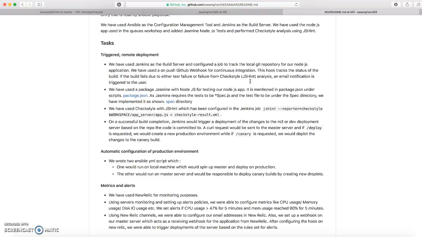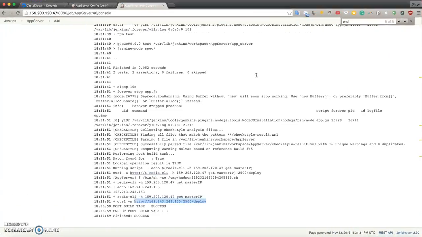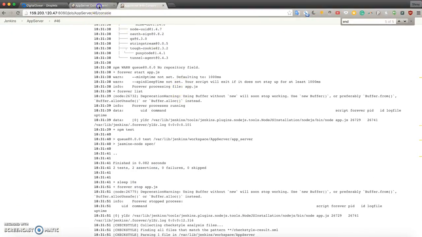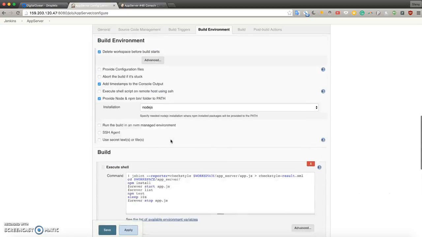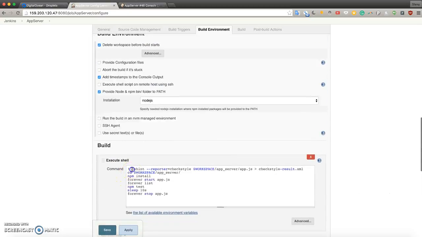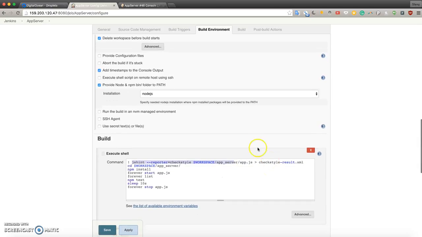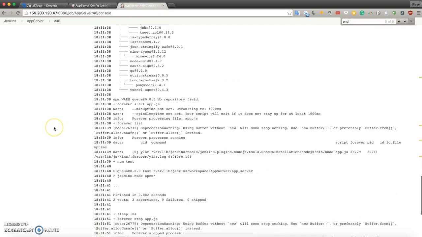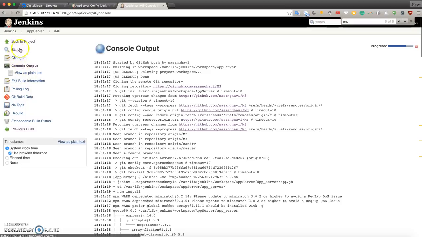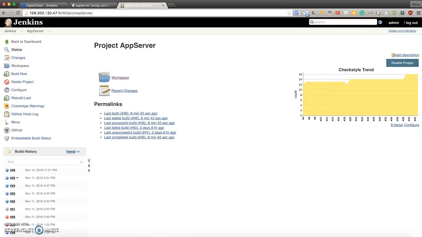So let me show you the results of checkstyle which we have used for analysis. JSHint is a plugin that we have used. So when we call JSHint and the reporter as checkstyle, it gives me the results in checkstyle result.xml. So after the build has been completed,